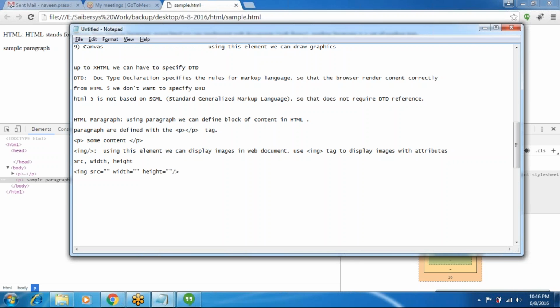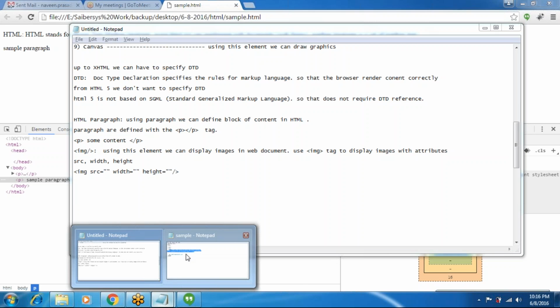So this is the ending tag for the image tag, and height is an attribute, and width is also an attribute, and source is also one attribute. So to display an image in an HTML document, we have to specify the source, width, and height attributes. So the example is